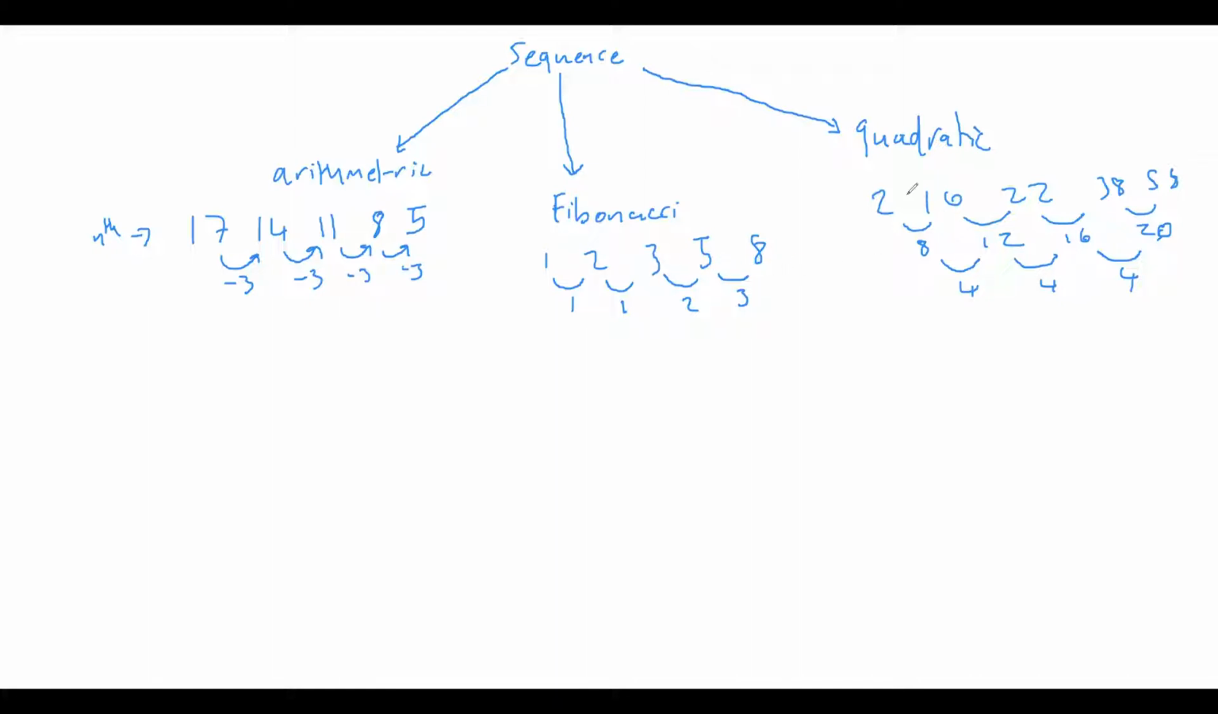And then you have a quadratic sequence. With a Fibonacci sequence, the differences between each term are not constant. For a quadratic sequence, the difference between each term is not constant as well. So these two you can say are not constant. But this one is constant. But as you can see,